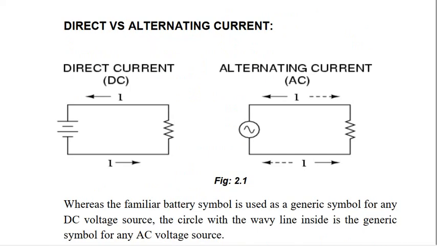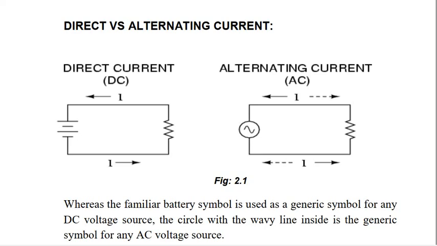If you look at that, the current direction is only one way for the direct current, and two way for the alternating current. In direct current, it moves from one direction to another direction, that's it. But in alternating, it will go front and back. It won't go completely from one to another direction. For example, while it is increasing, the electrons will move towards one direction, while it goes decreasing. You know the sinusoidal waveform will increase and then decrease and go to the negative. It's changing the polarity. Due to that, electrons will move front and back. It won't be a constant one. It keeps changing the value.